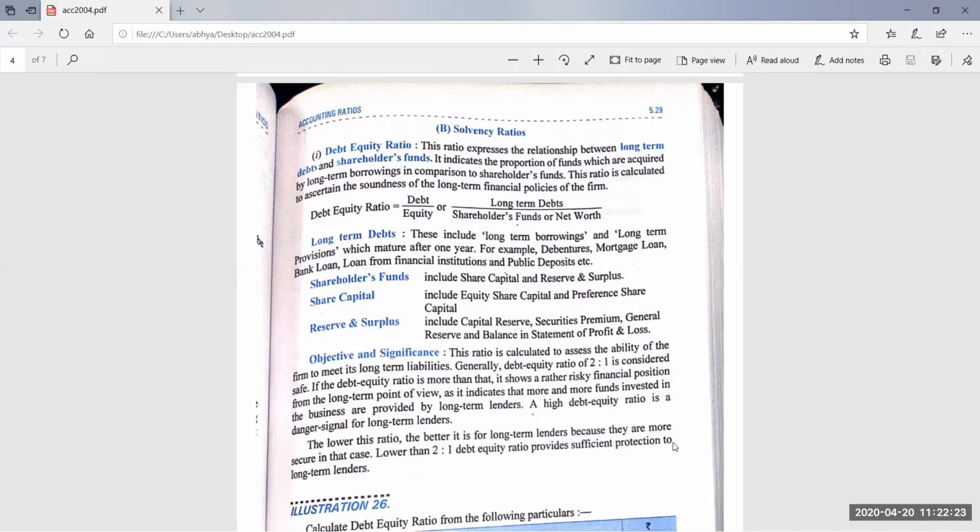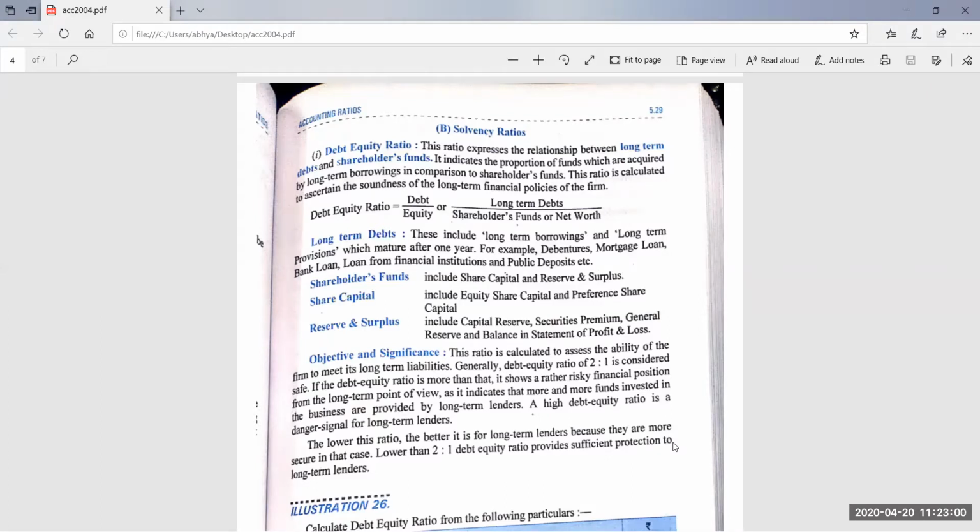Suppose you went to a creditor and the creditor doesn't know you, the seller doesn't know you, so you are demanding a credit purchase from him. So before granting your credit purchase, which ratio will he be calculating? Liquidity or solvency? Tell me. Liquidity or solvency ratios? Which ratio will a creditor be calculating? You can give me the answer in chat. If you want to buy goods on credit from a business, which ratio will he be calculating? Liquidity or solvency? Yes, Deepak Sharma, you are correct.